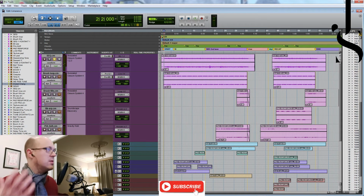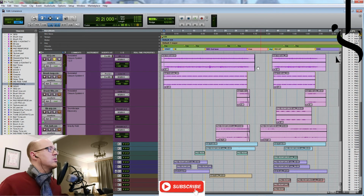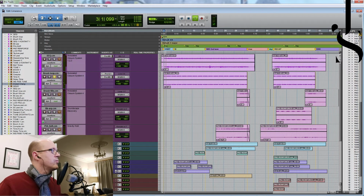And I built my piece around this one sequence. As you can see, it goes all the way along there. I have a little bit of a dropout and then it comes back. Now, within this one instrument was also instrument 4, which was a little bit of a sort of percussive loop, which was this, which I just bounced down separately. So with the sequence,